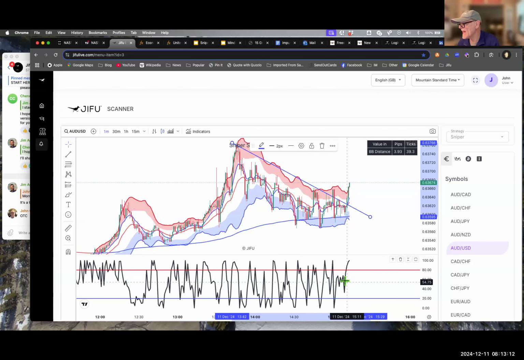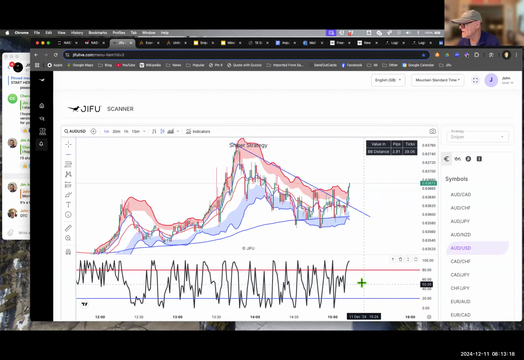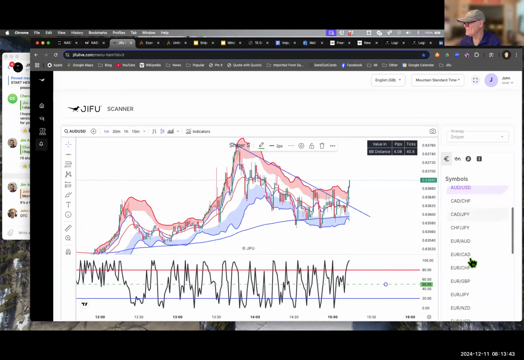when you cross back up through the middle here, as you know, I like to put a horizontal line right at the 50, you can see we bounced off it there. We went through it, came back, bounced off it, came back, couldn't hold it, and up it went. So that right there was a good, and the blue crossed the red there. That was a great entry on AU. Okay. Next one we'll look at is Euro